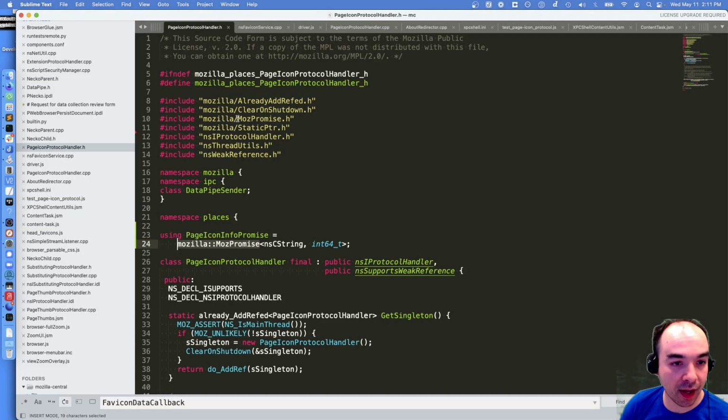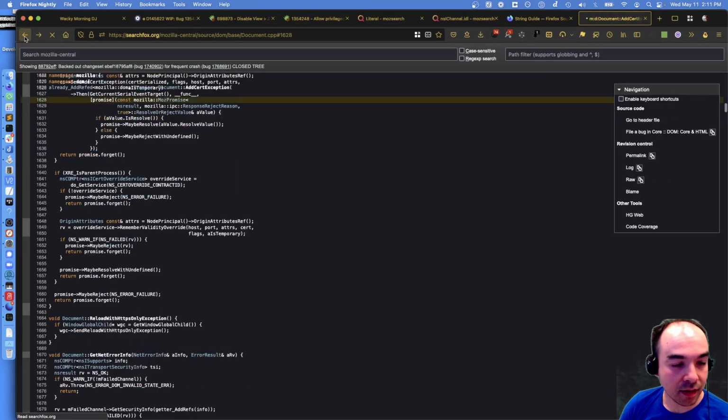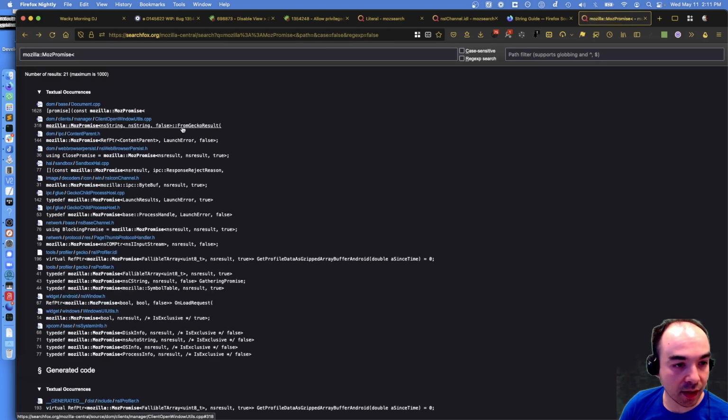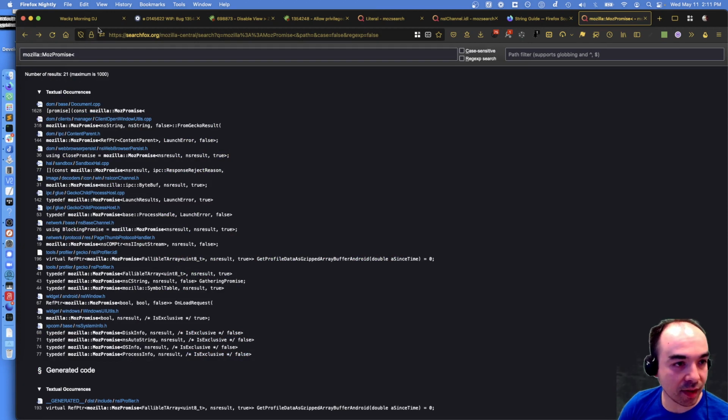So we actually need to supply resolve value. Oh, I see. We need like a union actually. Resolve value. The reject value. The reject value is an nsresult. And what was the last template param?